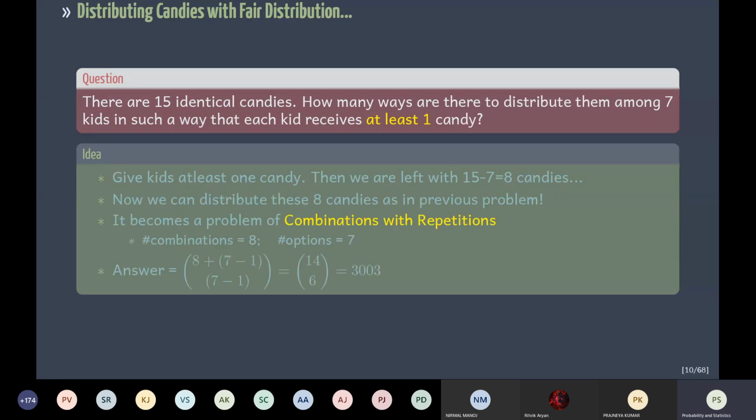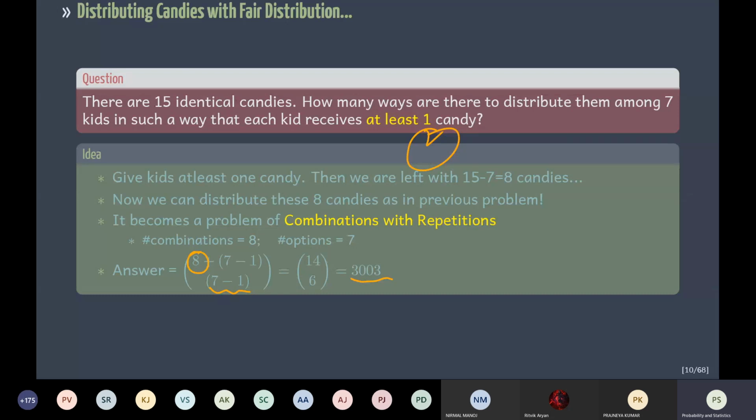So again, instead of 15, now it is 8 plus 7 minus 1 choose 7 minus 1. Unless there is a typo, this should turn out to be 3003. So some problems can be reduced to a previous problem. In cases like at least and so on, you ensure that the at least criteria is satisfied. I could have changed this to at least 2 candies, right? So you could have distributed 2 to each, and then the remaining ones you distribute